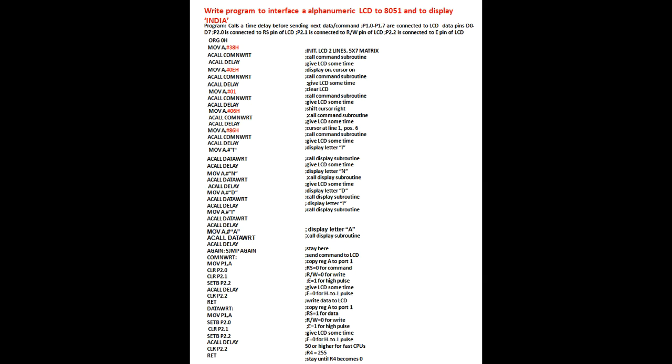Next, for LCD data, in that you have to again call the LCD ready function. Again it is going to check the busy flag to make the LCD ready. After that it takes the value of your data. Next, RS is 1 to send the data. RW should be 0. Enable the LCD. Again keep some delay, and make enable 0. That is the way it is going to display all the characters.